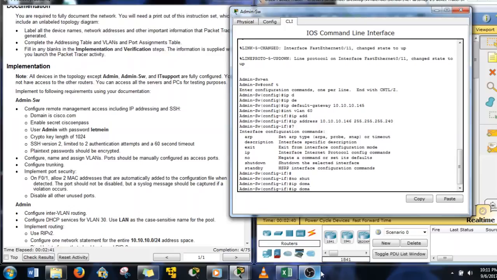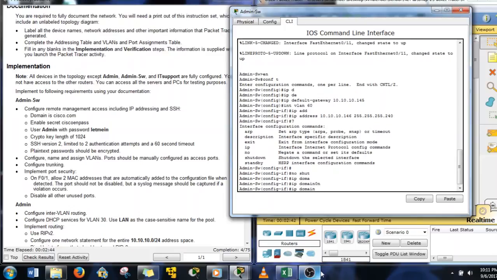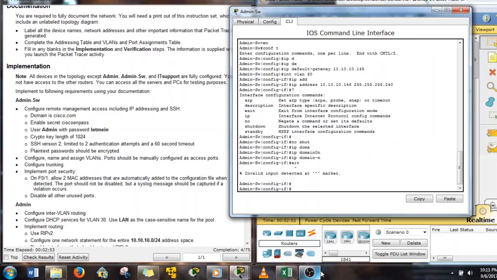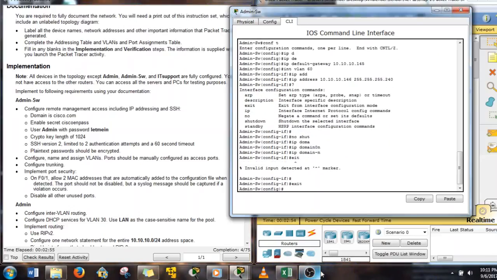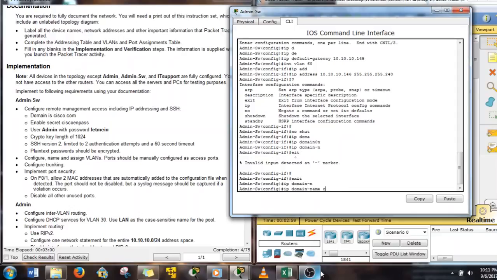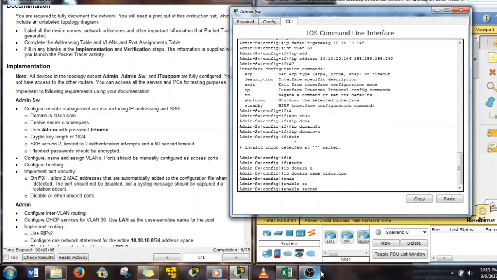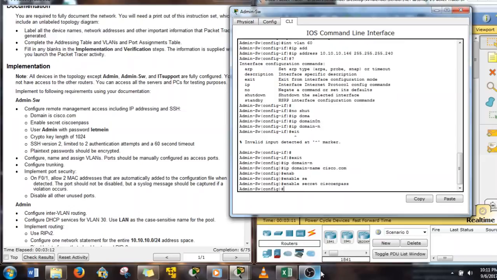IP domain name. What am I doing wrong? Oh, I'm still in that interface. Exit. It's going to be cisco.com. Enable secret is going to be ciscoenpass. Did I get that spelled right? Yes. Next is going to be